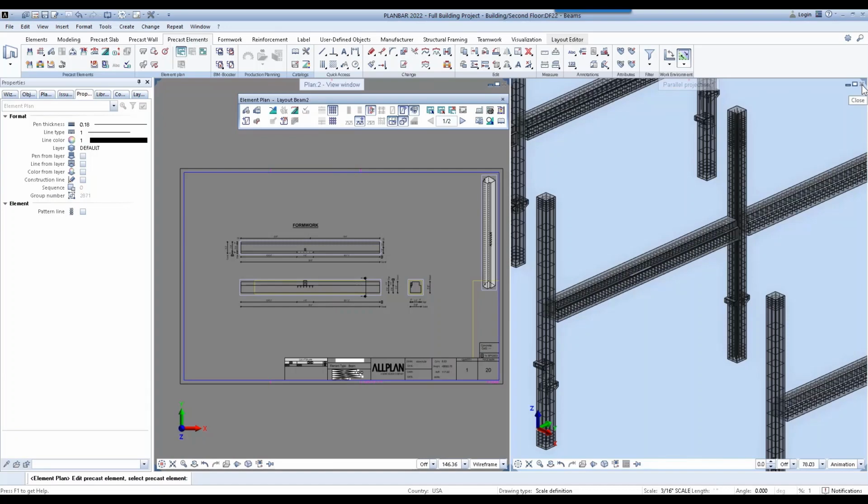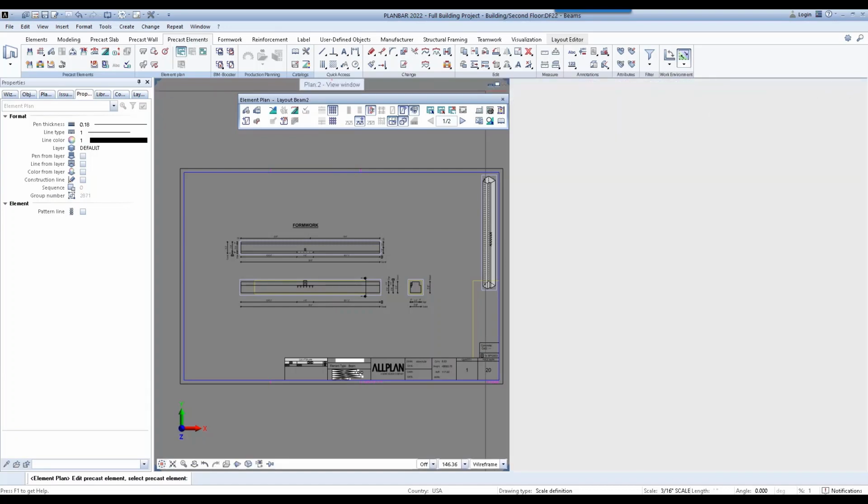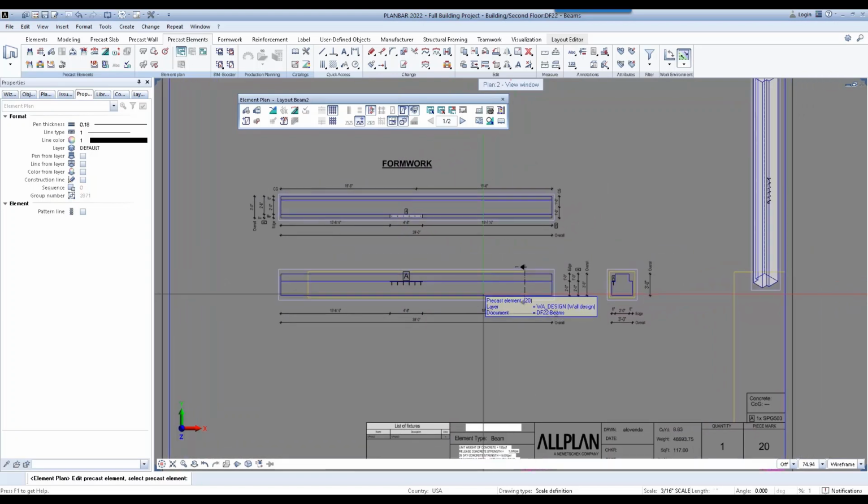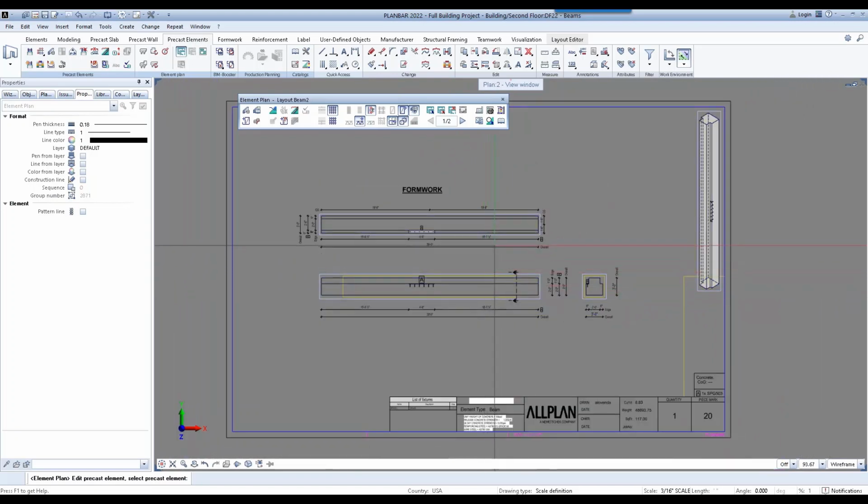I'm going to close this. Make this shop drawing a little bit bigger and easier to see. So you can see that I just had to select the precast element, select the layout template that I wanted to use, and if you blinked, you missed it, and my drawing was created.